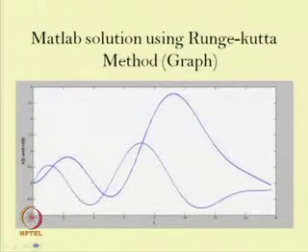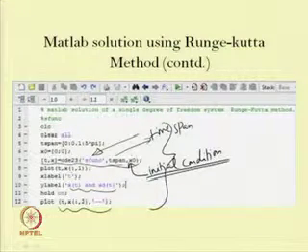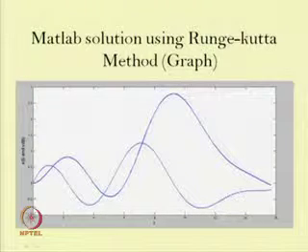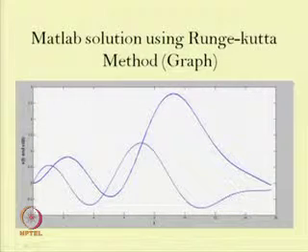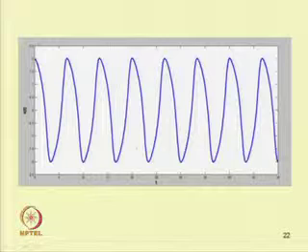This curve shows two different values of this equation. So, this is x t and x dot t that has been plotted here. Similarly, this is plotted for the